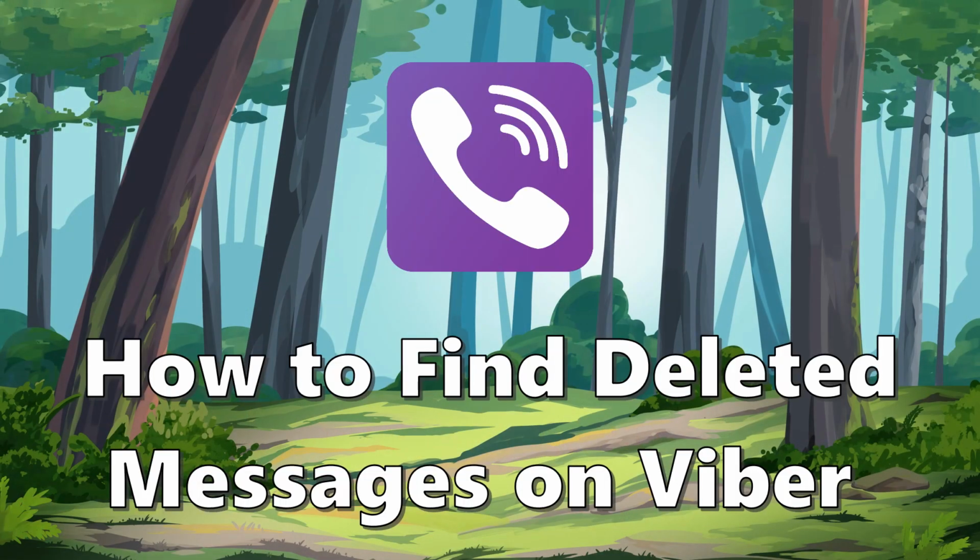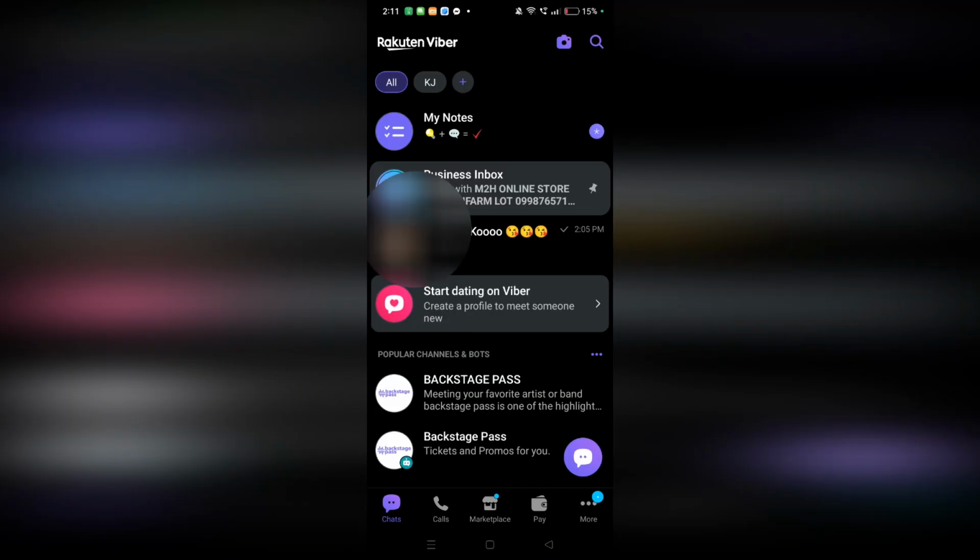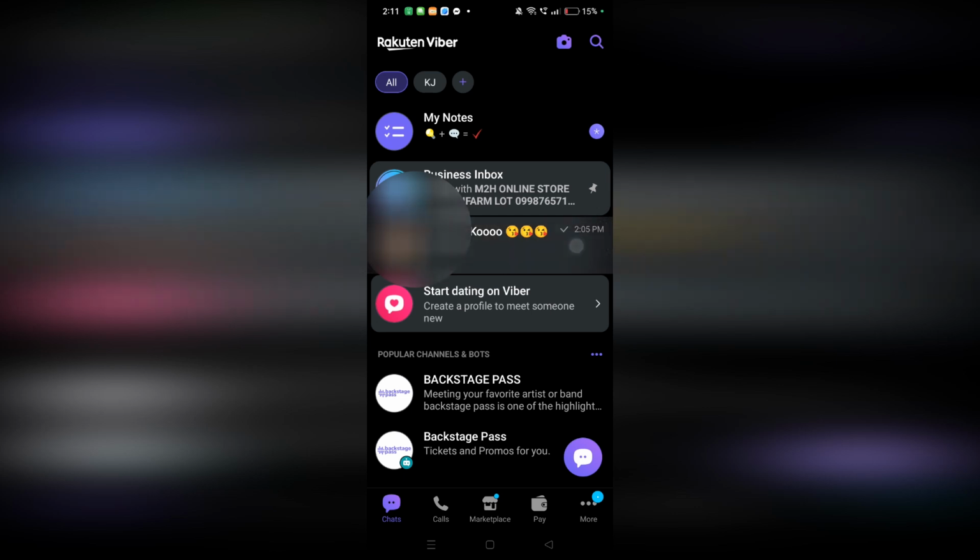How to find deleted messages on Viber. Right now there's no clear way to find a deleted message on Viber, because once you delete it, it will be deleted. But if you have a Viber backup, there's a chance that it will be restored back to your Viber. Now to do that, all you need to do, as you can see right here,